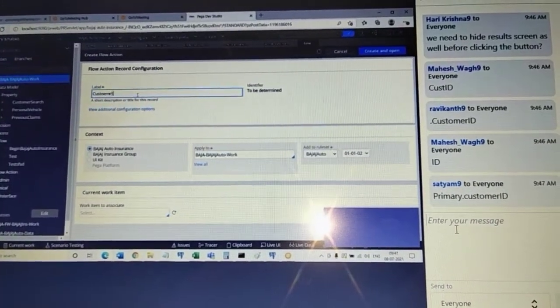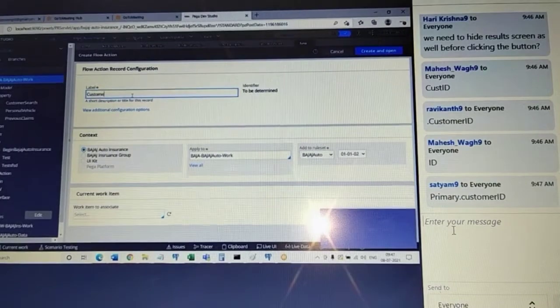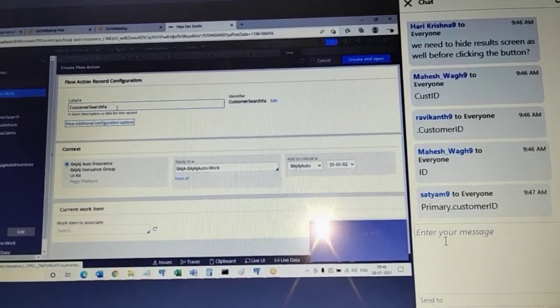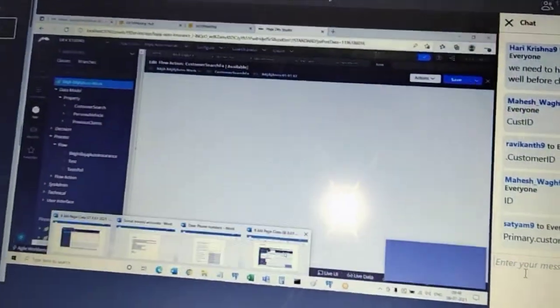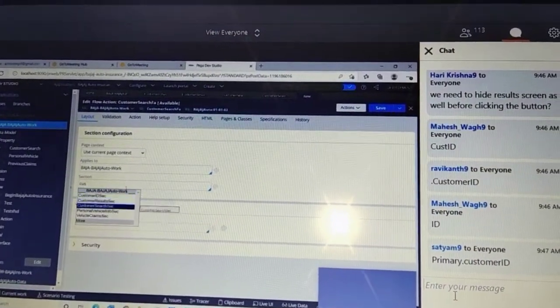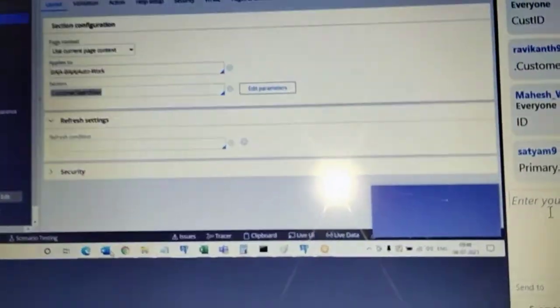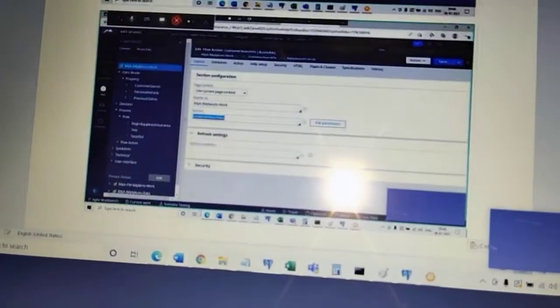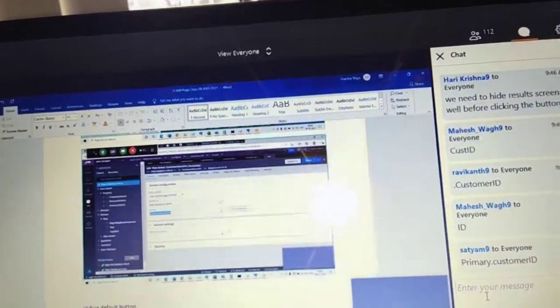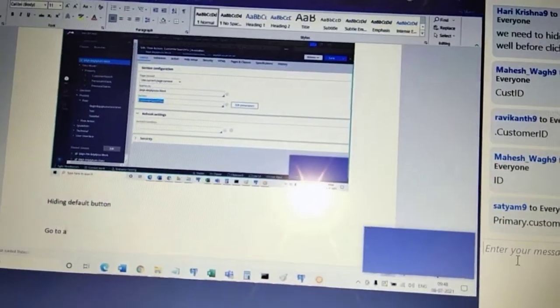This is customer. Hiding default buttons. How to hide? Go to action tab.